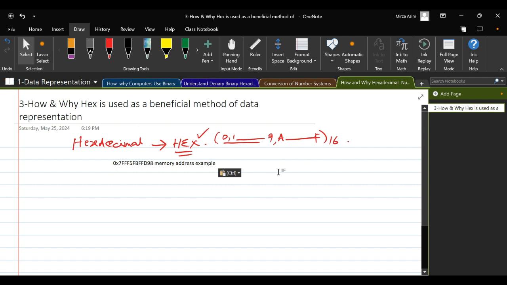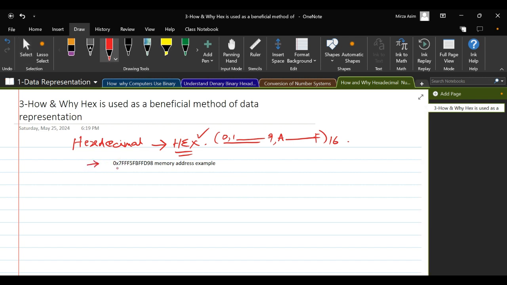This is one of the examples of a memory address: 07FFF5B and so on. You cannot find any other character except the numbers between 0 to 9 and A to F, right? So hexadecimal number system in memory addresses.